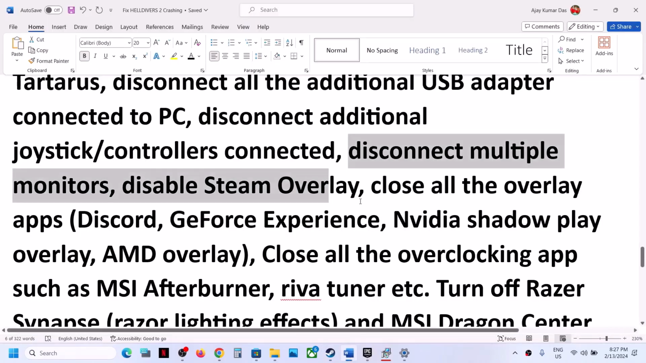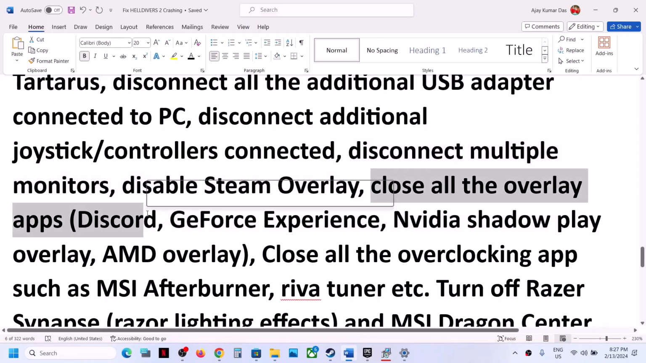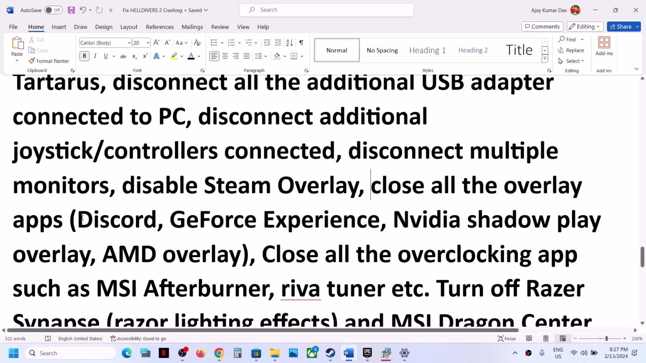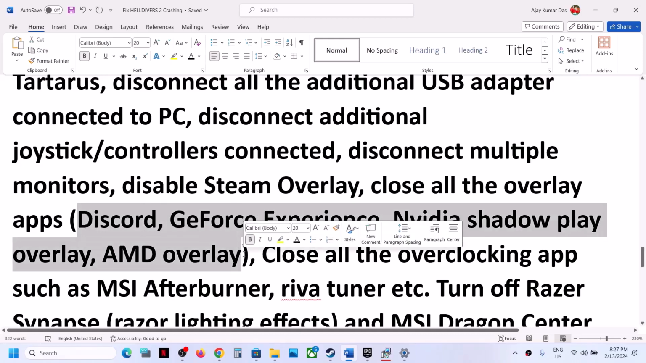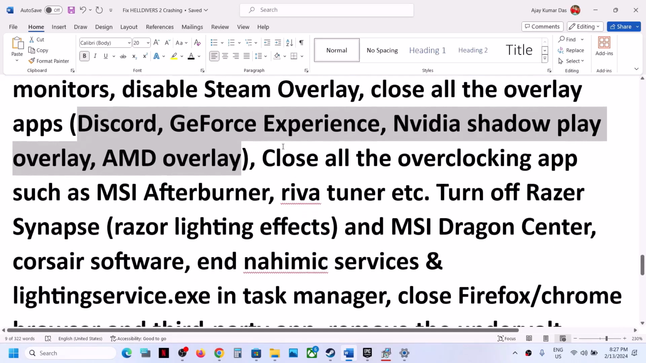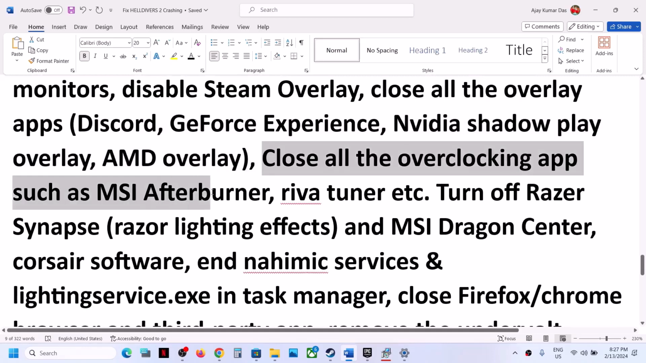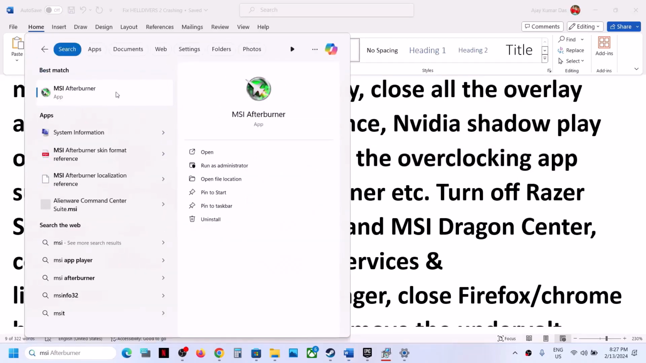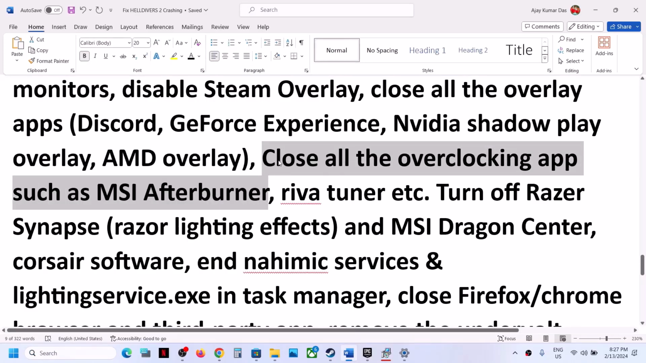Also, if you have any other overlay application, you can turn off overlay in Discord, GeForce Experience, or you can simply close all the overlay applications. Make sure that you close other overlay applications as well. Also close all the overclocking applications. If you have overclocking applications such as MSI Afterburner or Riva Tuner running, close all of them